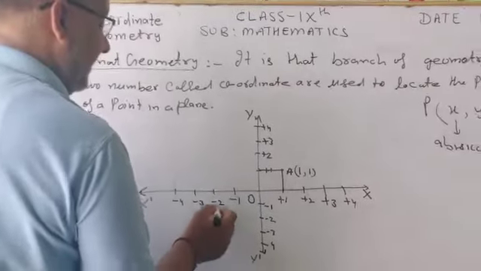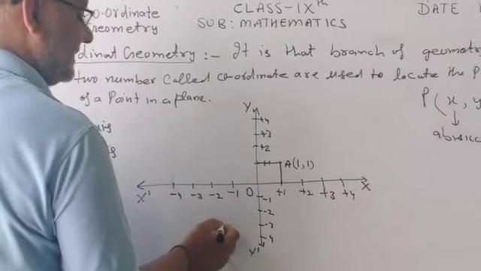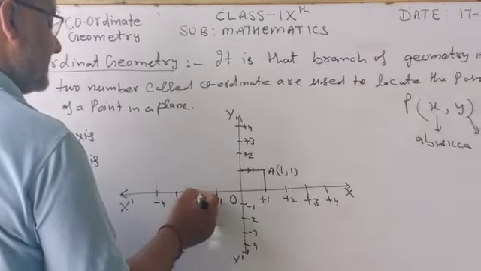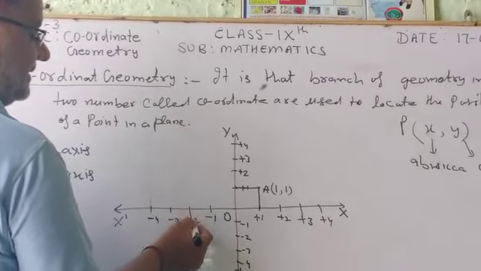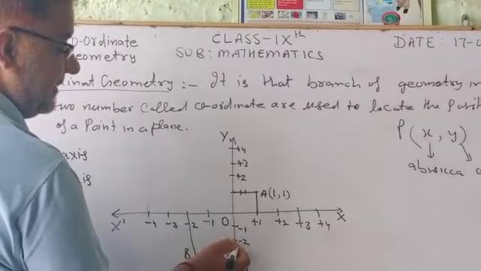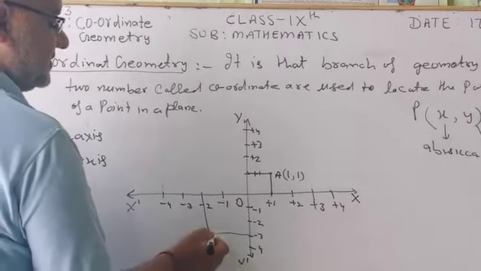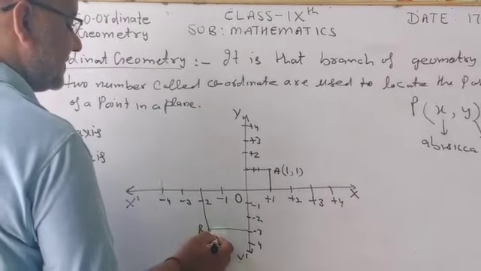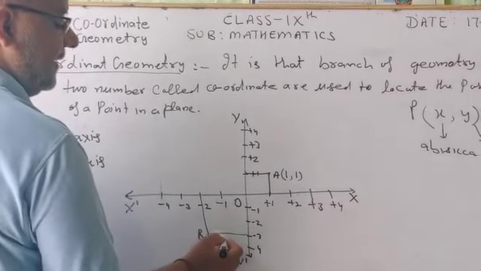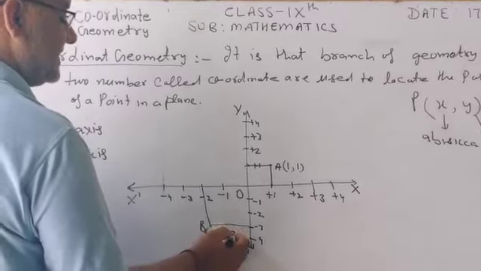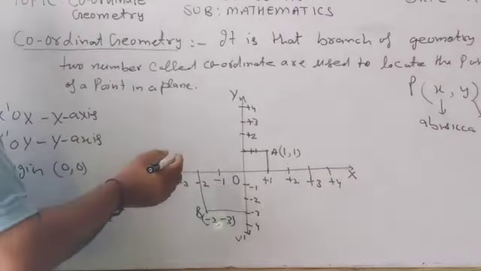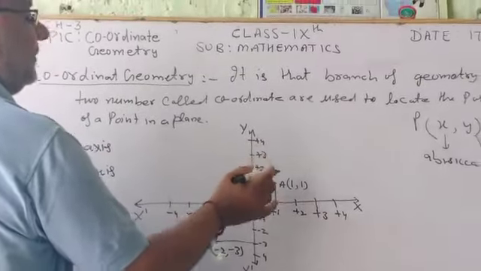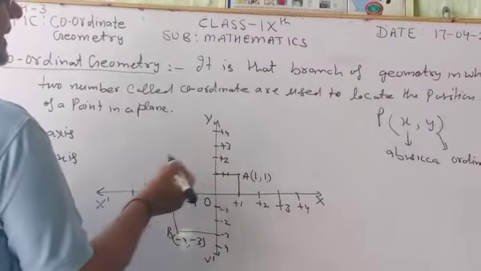Also we are taking here a point B. So look here, first we write down this distance and we are taking this distance also. So first we write down the abscissa, that is -2, then the ordinate, that is -3. So in the Cartesian axis, we can draw any points just like A and B.